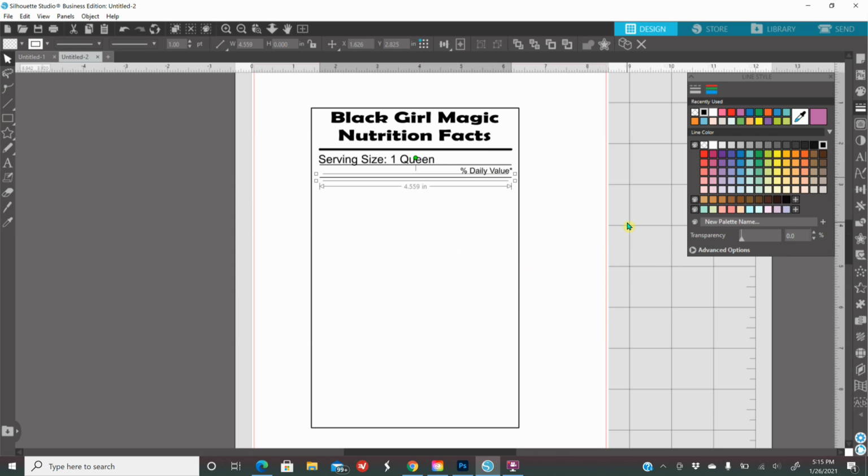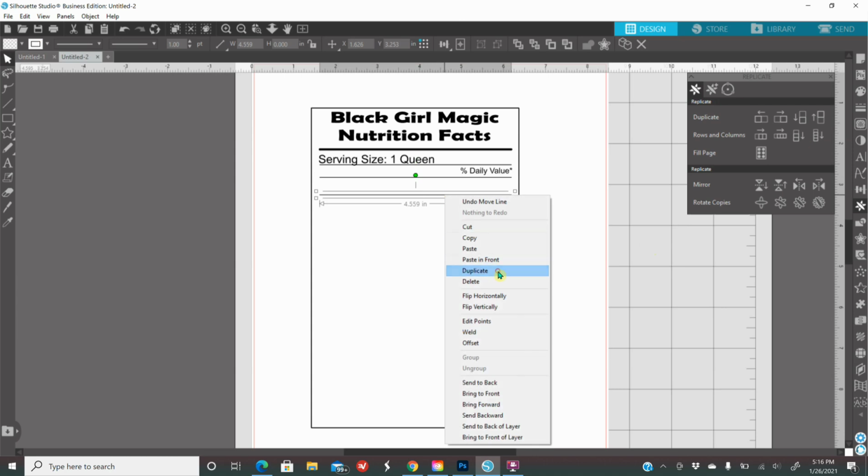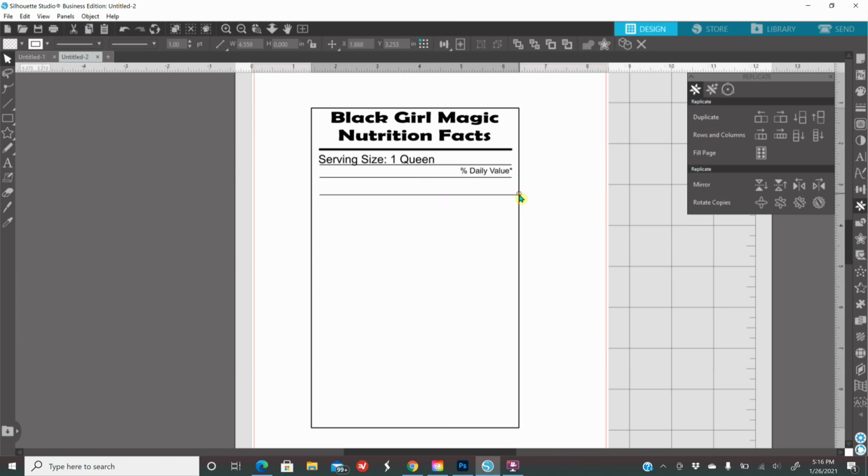Again, I'm going to click on my line, go to my replicate panel, click to duplicate down, and then just move my arrow down. It just stays exactly where it is. They're all aligned when you do a replicate panel because you can actually right click and duplicate, but when you right click and duplicate, you're going to have to align it yourself, and it's going to be a little bit harder for you. So look, if I right click and duplicate, it's just going to duplicate that way, and then you're going to have to align it yourself,